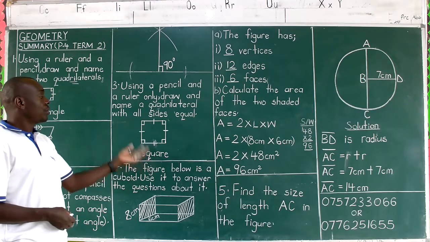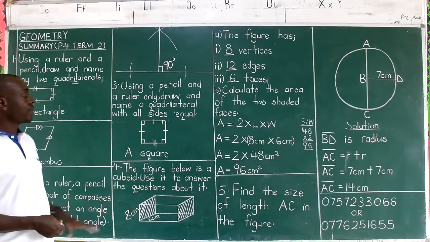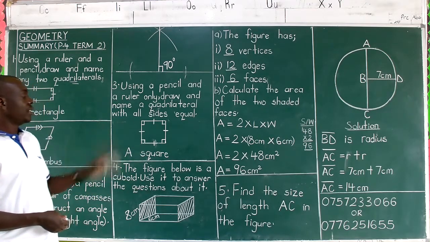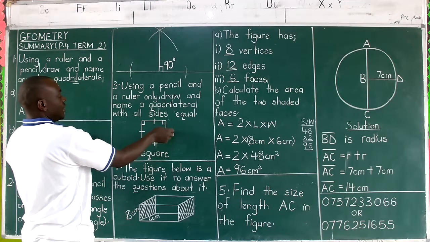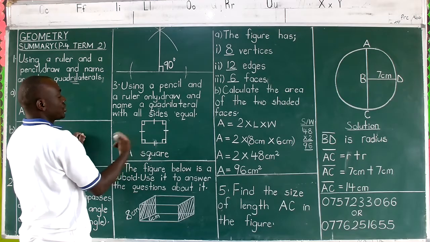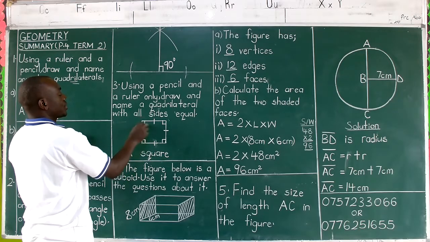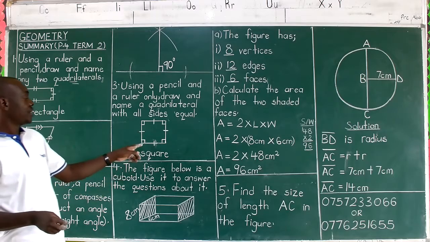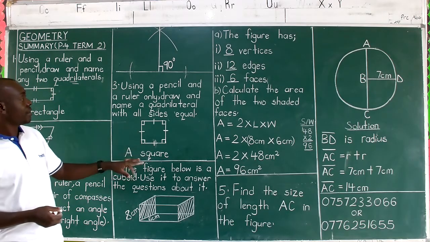So draw, even though you're not measuring, draw something that looks equal, where all sides are equal. And then show the properties. First, all sides are equal, show 1, 1, 1, 1. Then show the interior angles as a right angle, each equivalent to 90 degrees, and no one will cross that barrier.